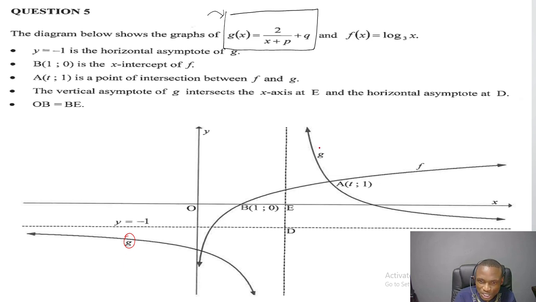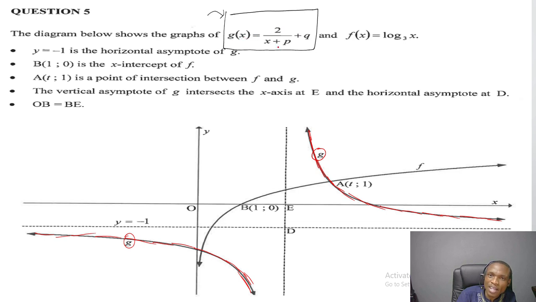So you see g here. These are not two graphs, this represents the hyperbola graph. You can see the graph of g, which I will mark with a red color. This is the graph of g, represented by the red color. And what type of graph is this graph of g? It's a hyperbola graph, because we can even see from the equation of g, they say g of x equals